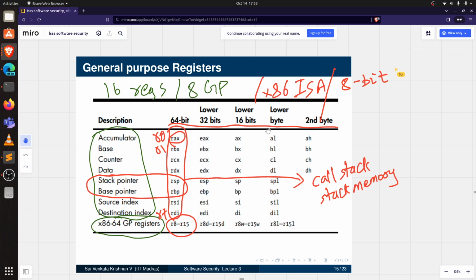For example, those who study microprocessors and microcontrollers, MPMC or those subjects, those old x86 processors used this 8-bit ISA, and followed by that they came up with 16-bit architectures, where the registers were of 16-bit size, and then they came up with 32-bit, and now the commonly used version is 64-bit architecture, where every register is of size 64-bit,